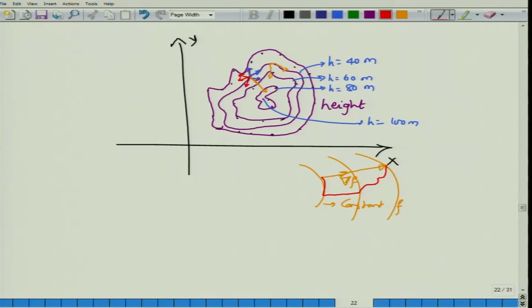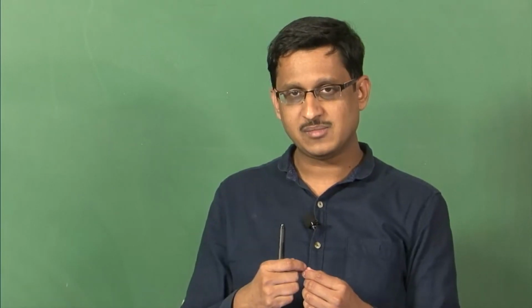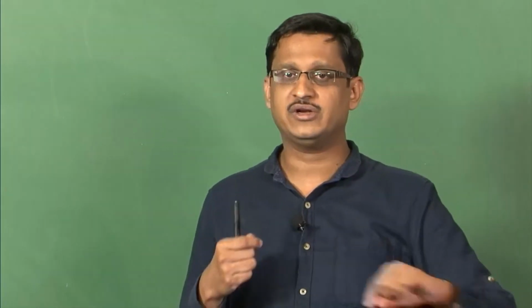Gradient always represents the maximum change, and in fact if you want to descend from the top of the hill, you just have to find the maximum gradient or maximum slope and then descend in the opposite direction. This is called the steepest descent, and it is one of the very useful signal processing operations that you are going to do. So this completes our discussion on gradient.